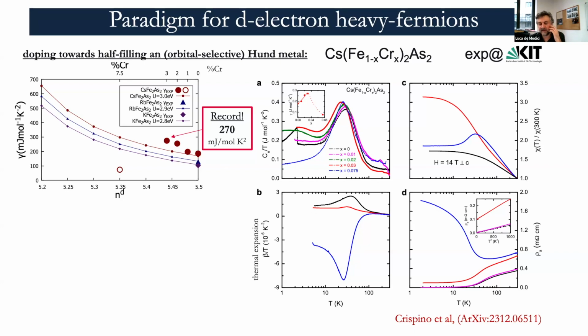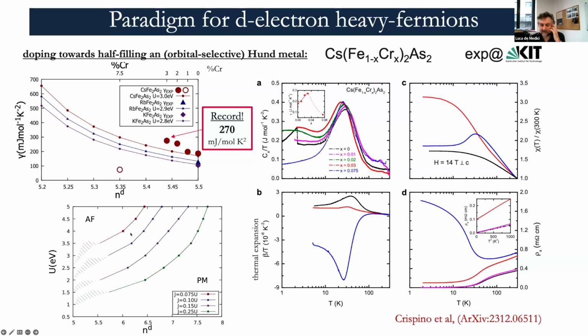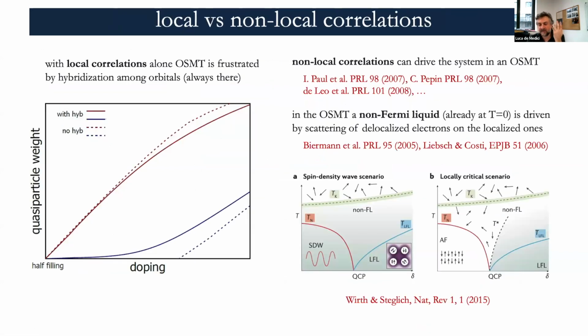So this can be interpreted in terms of entering an antiferromagnetic zone, which is predicted by our calculations. I won't really enter into the details. This is the result of the work of Matteo Crispino. But in general, we think that this goes even more into the general idea of exploring heavy fermionic physics with